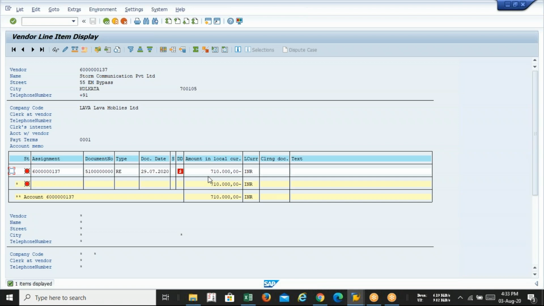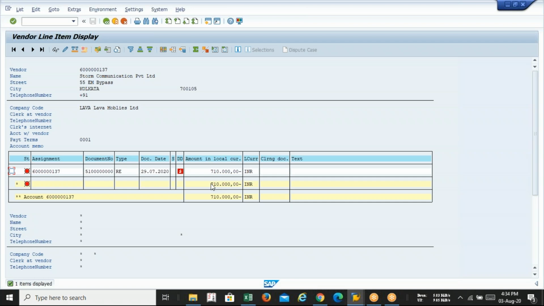Now tell me what you want to see: full payment, part payment, what? Do you want to see that case, 7,10,000 in a single time? Acha, part payment. Okay. So right now I am going to make a payment of, say for example, 2 lakh. After making the payment of 2 lakh, obviously 5,10,000 will be the remaining balance. So let us start with the part payment, then we can proceed to the full payment, payment with discount, and so on.